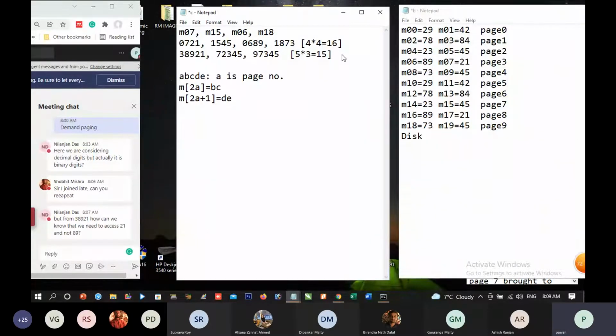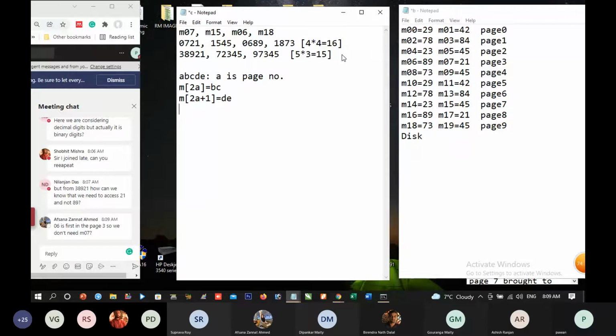Okay. For example, okay, I have not understood it. What is the meaning of this? Suppose we have written 38921. This means what?